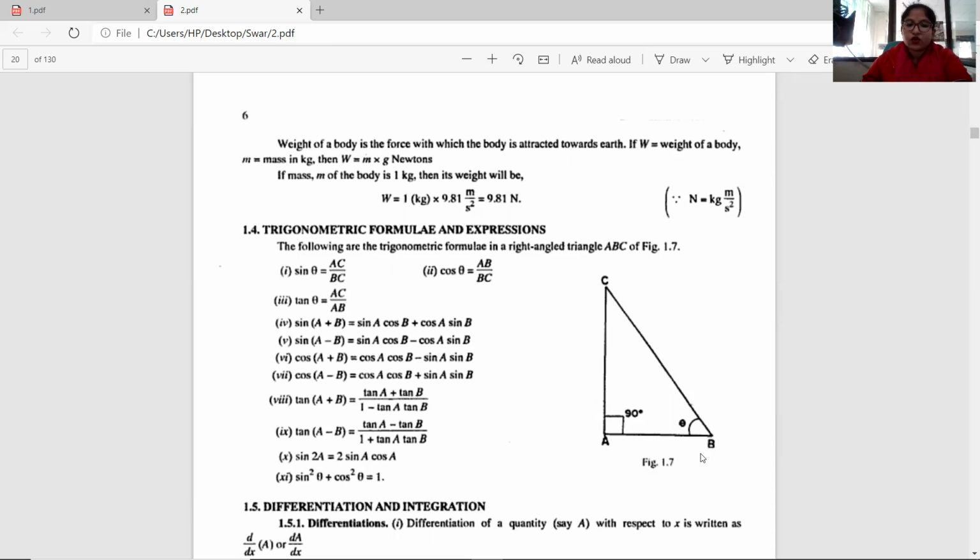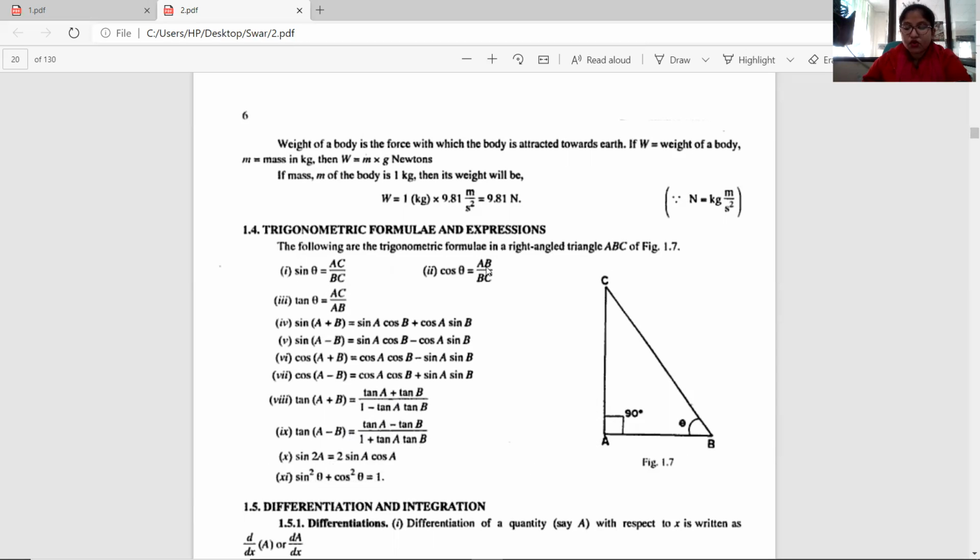Done. Now the next formula: sine A plus B is sine A cos B plus cos A sine B. Sine A minus B is sine A cos B minus cos A sine B. Cos A plus B is cos A cos B minus sine A sine B, and cos A minus B is cos A cos B plus sine A sine B. Tan A plus B equals tan A plus tan B upon 1 minus tan A tan B. Tan A minus B equals tan A minus tan B upon 1 plus tan A tan B. Sin 2A equals 2 sin A cos A. Sin square theta plus cos square theta equals 1. These are the basic formulas